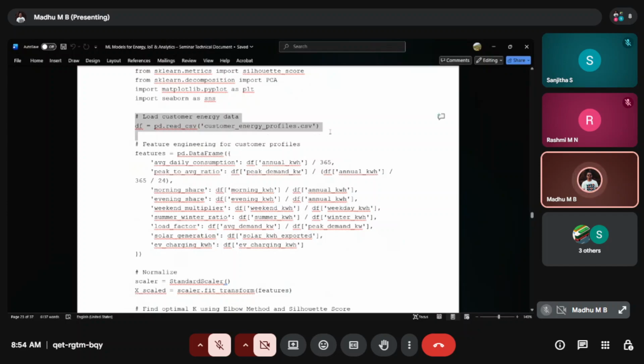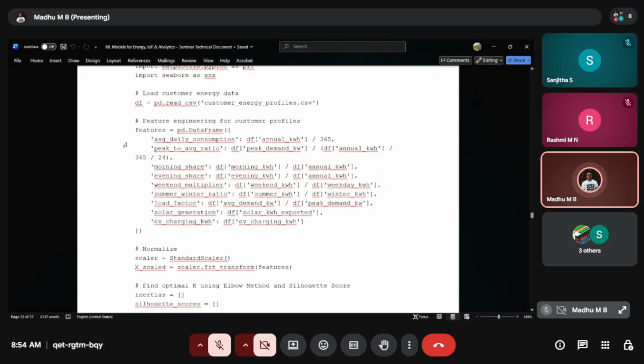So I'm reading the file, and then I'm trying to build features from the customer profiles. Okay, we are trying to see what exactly the profile of the customer looks like.